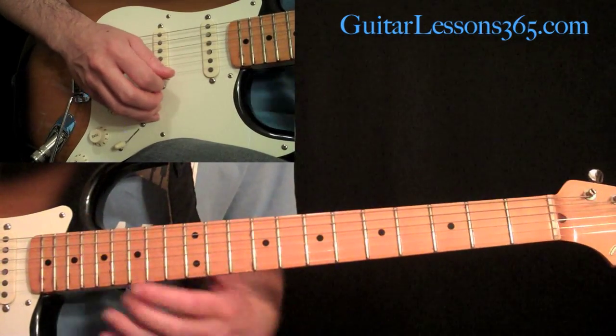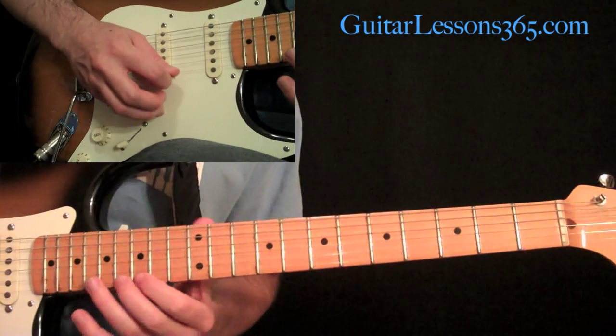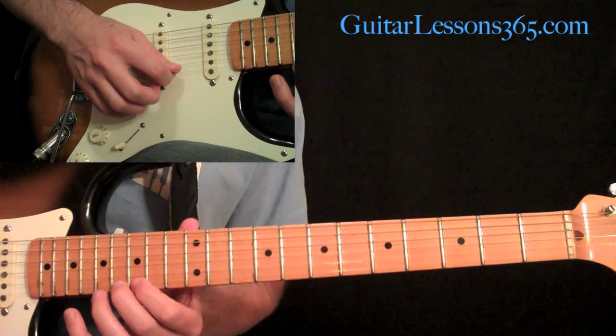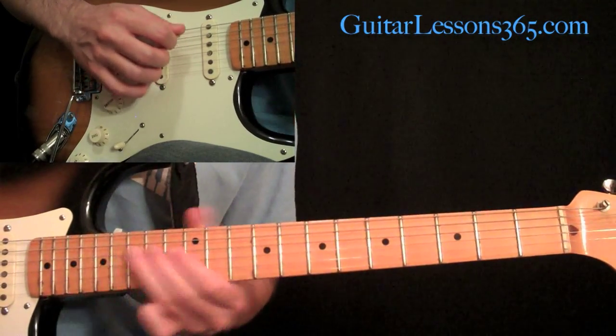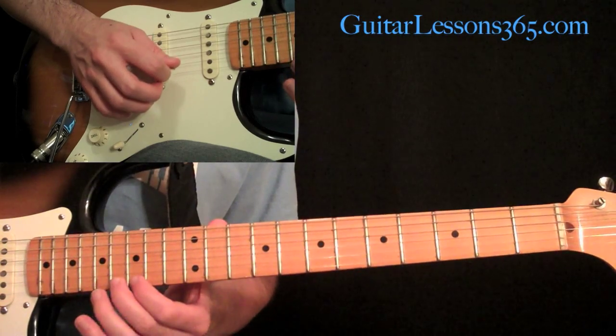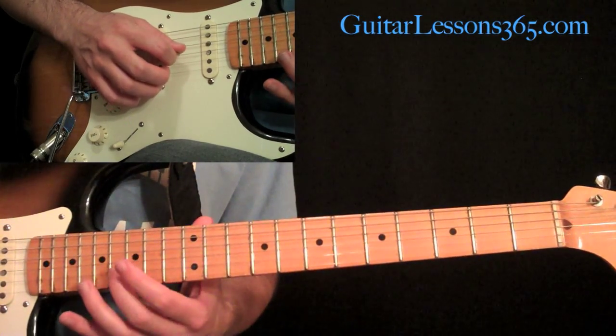Then we have this cool little descending lick. So what's going on there? We're going to pull off from 15 to 16. This could be all upstrokes. So we're going to be upstroke, pull off from 16 to 15, then 16 on the B,